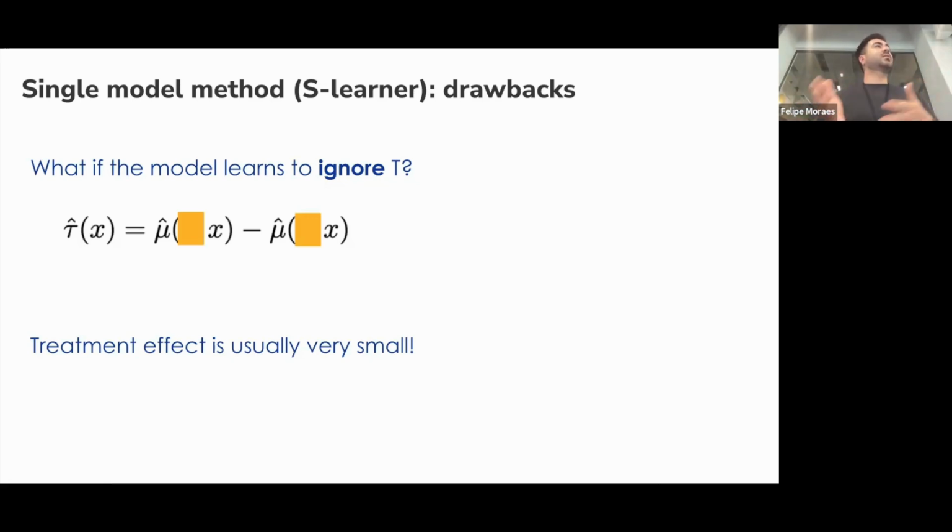Whereas if you say your effect is too small, then in theory you shouldn't go for an S-learner. In practice, you have to go and test it. In many scenarios, the S-learner works really well, right?